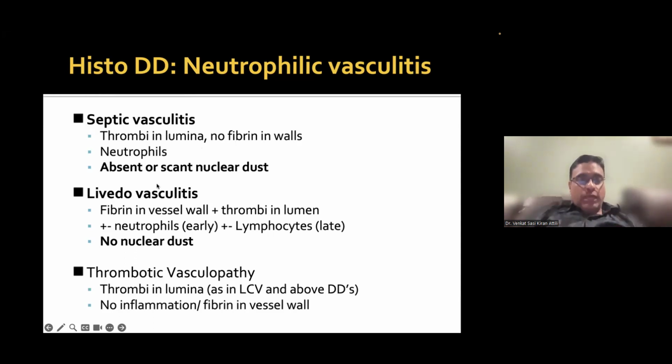Now, thrombi in lumina is also present in thrombotic vasculopathies. But there, in thrombotic vasculopathy, there is no inflammation. So therefore, it's not an itis. It's a vasculopathy. So these are easy to understand and remember. If there is only thrombi but no inflammation, it's a thrombotic vasculopathy. If there are thrombi with inflammation, but no signs of leukocytoclasis, it's likely to be a septic vasculitis. Having said that, even a septic vasculitis,